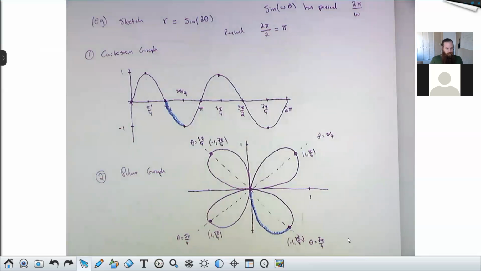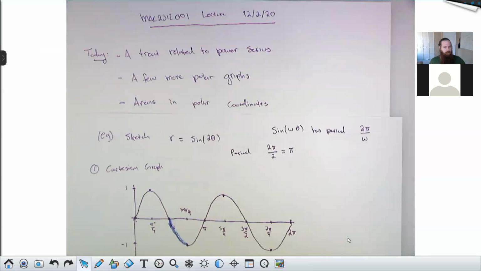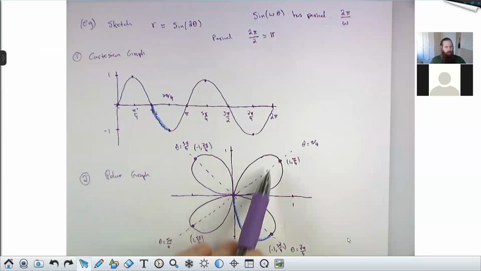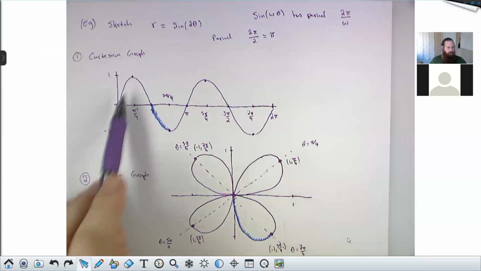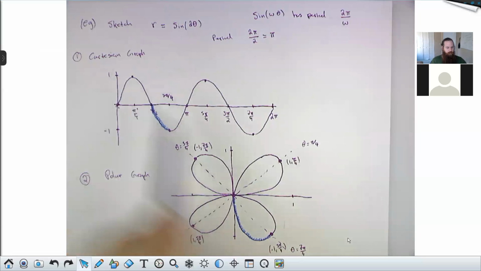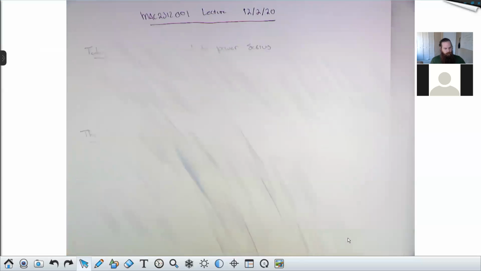The last bit of truly new information I need to share with you guys is how to calculate areas in polar coordinates. So that's what we're going to do next. So for example, how do I find the area of this petal? You might think that because this petal comes from this part of the Cartesian graph, the area of this region is the same as the area of this region. That's not true. So let me derive for you now